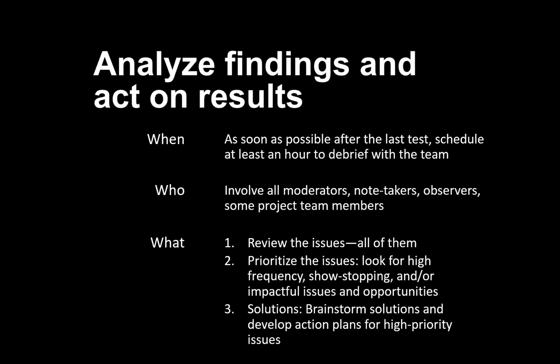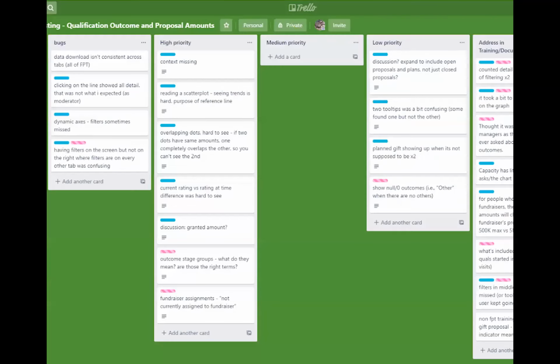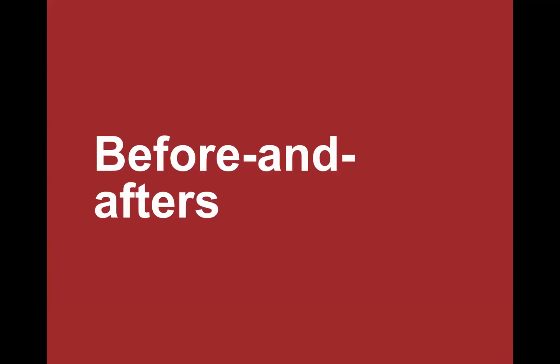So for our note taking, we used Post-its the first couple times, but then we switched to Trello, and this is what one of our Trello boards looks like. We tend to organize them, at least from the get-go, by the part of the dashboard. So we've got filters, we've got details, and then we have all the stuff that's the big part, the main part of the dashboard. And then this is what it looks like after we've prioritized. We've got bugs, high priority, medium priority, low, and things that we addressed in training. The training list has often turned out to be really, really long. That's just how it is.